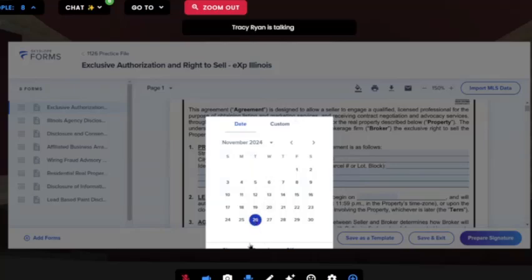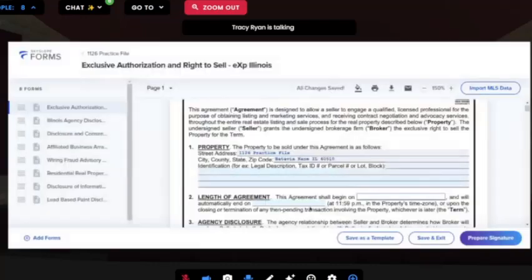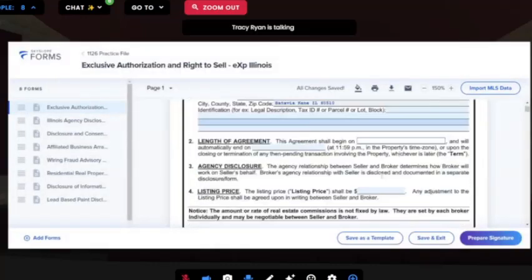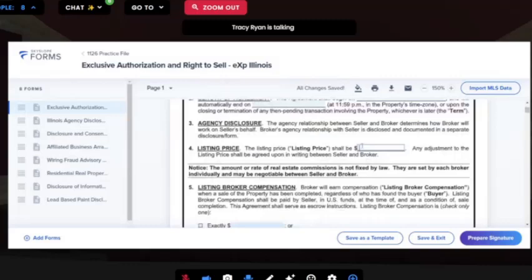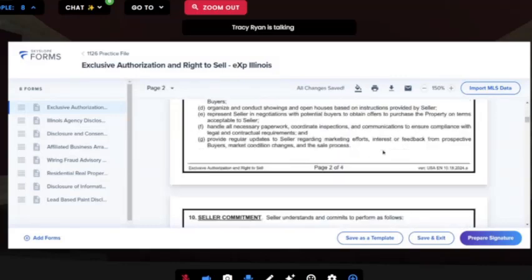See, it's cutting me off from the OK button because of the screen sharing, but you get the idea. Okay. I can fill out my listing agreement here. And once I'm done filling out all my documents,